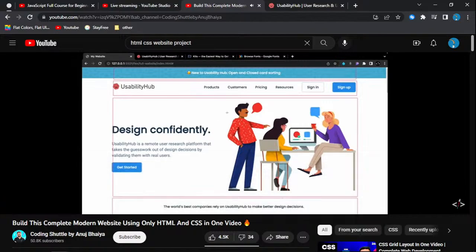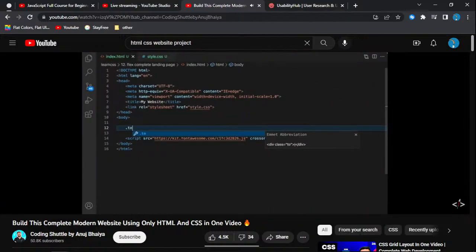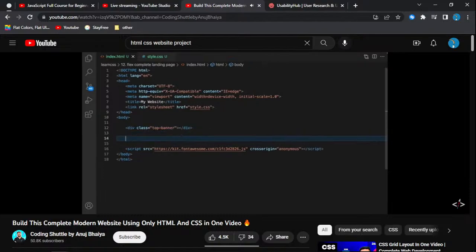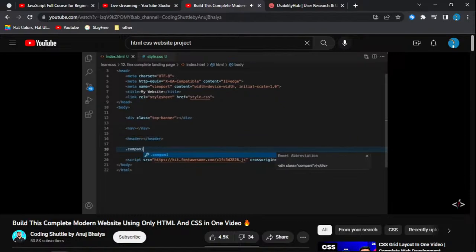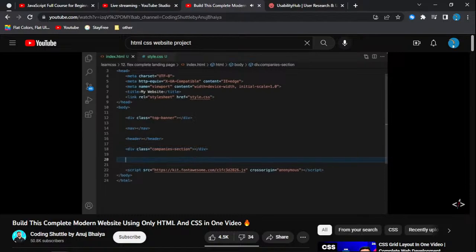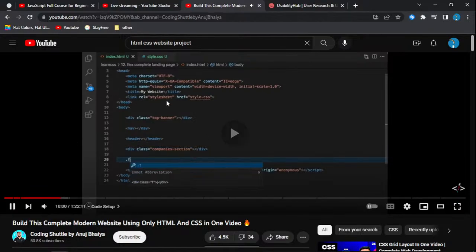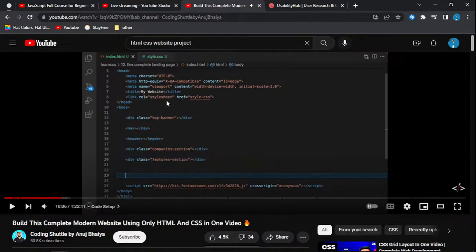सबसे पहले हम लेके आएंगे टॉप बैनर को। तो ये हमारा हो जाएगा डिव टॉप बैनर। उसके नीचे हमारे पास एक नैव बार, उसके नीचे है हमारे पास हीरो सेक्शन, ठीक है। तो ये हमारा एक हेडर हो सकता है। इस हेडर के नीचे हमारे पास है कंपनीज का सेक्शन, जो बहुत सारी कंपनीज आ रही थी। उसके बाद हमारे पास एक फीचर सेक्शन है, उसके बाद हमारे पास काफी सारे बिग फीचर्स के सेक्शन हैं। तो एक फीचर्स सेक्शन एंड देन बहुत सारे डिफरेंट अलग सेक्शन हैं विच आर कॉल्ड